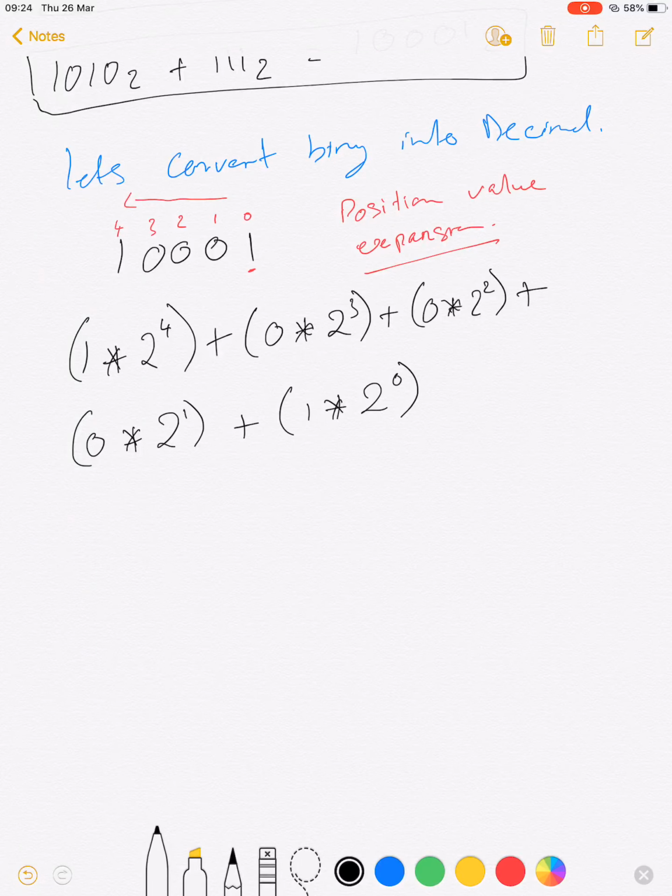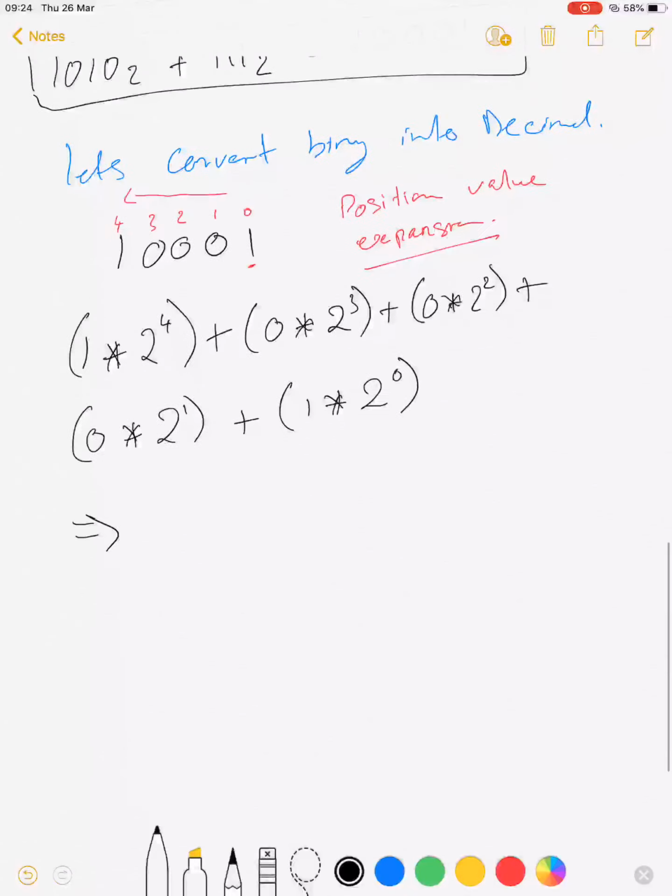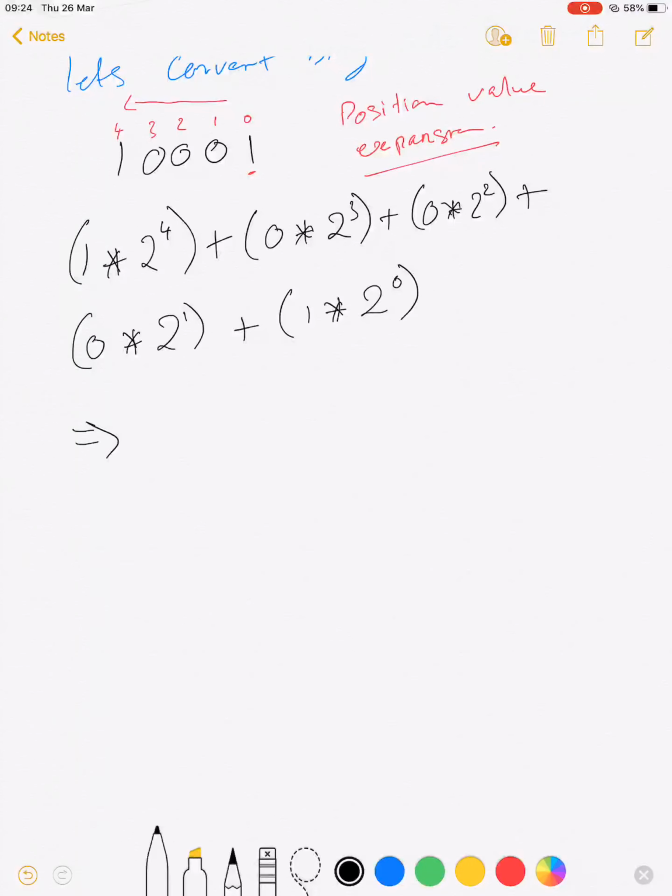We simply take the number and multiply it by the base raised to the power of the index. So if we work this out, 2 to the 4 is 16, multiplied by 1 gives me 16. 0 multiplied by anything just yields a 0. So we can say 16 plus 0 plus 0 plus 0, because all of these are being multiplied by 0,